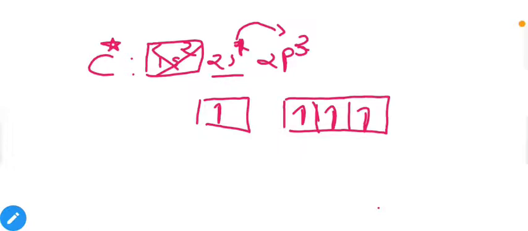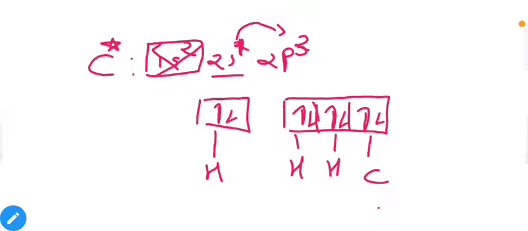Now this carbon will form a total of 3 bonds with hydrogen as we observed in the ethane molecule, and one bond will be formed with carbon, and all of them will provide one electron to pair up with the first carbon. This is our first carbon and this will be our second carbon. All of these bonds, 1, 2, 3 and 4, are sigma bonds. As mentioned earlier, you have to count non-bonding electron pairs and sigma bond pairs in hybridization. How many electron pairs do we have? We have a total of 4, and all of them are sigma bond pairs. So you have to count all of them in hybridization.